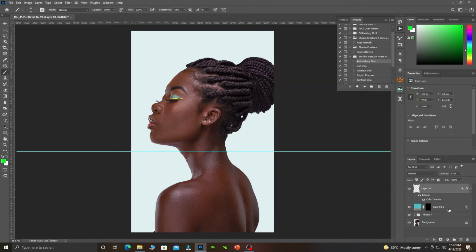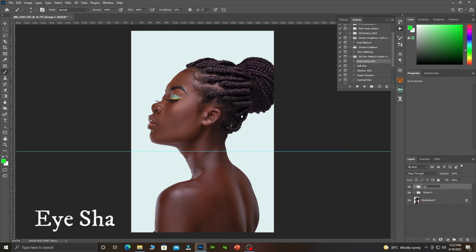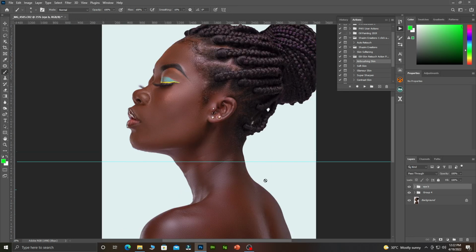Now let's do our dodge and burn. With this one you are not going to apply any action, so let's name this eyebrow. You can take it off, you can take it on. That's just by the way. So the next thing that we are going to do is a dodge and burn,